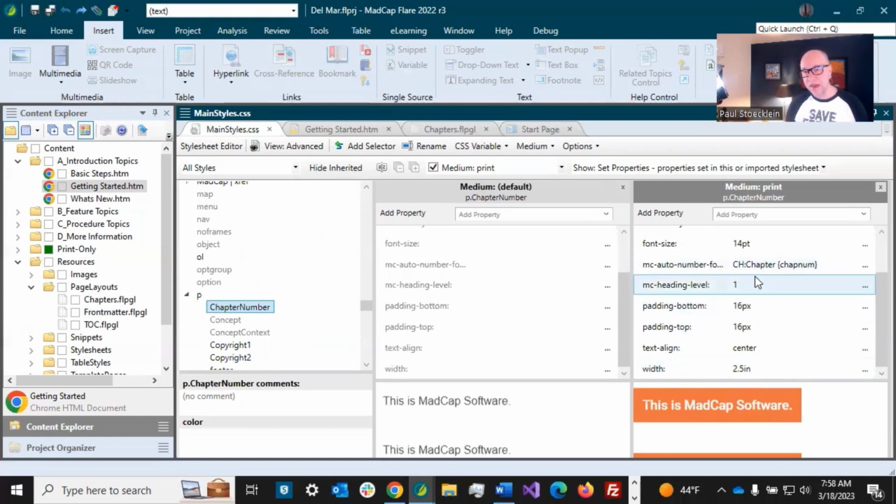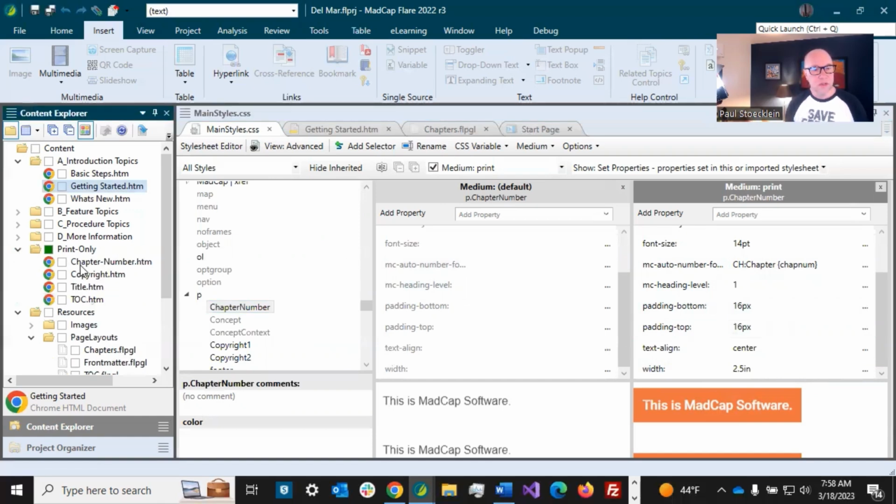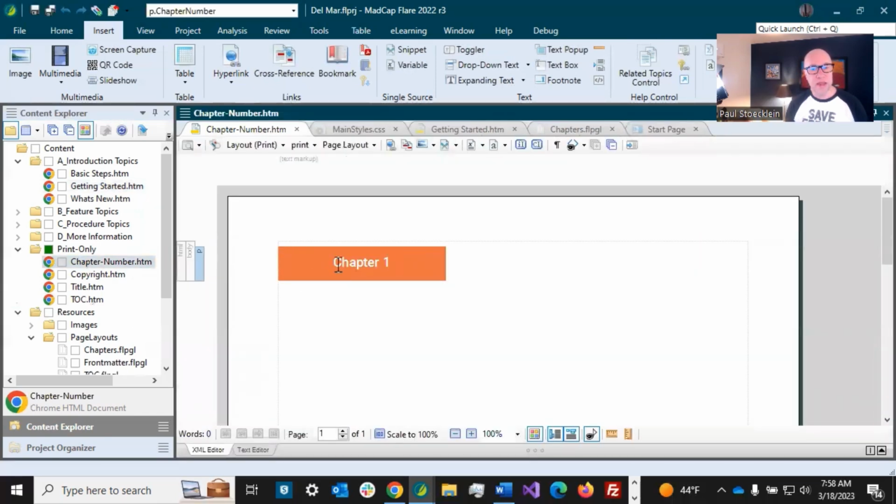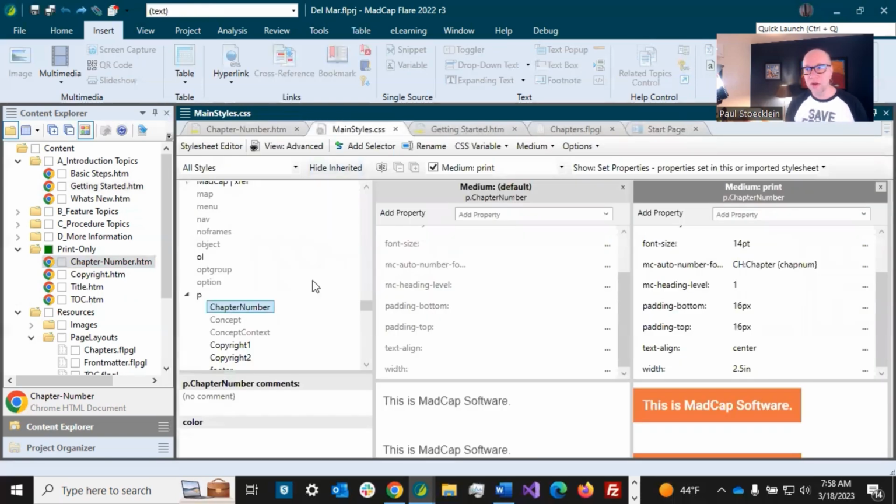So as you're adding the settings in here, if you want to adjust things, just glance down here until you get it looking right. Now that particular style is in this special topic that we created, chapter number. And if I open that, we had just a blank paragraph in there and we applied that style. This is the chapter auto number. So that is how it's going to look. Going back to our style sheet, working our way down,